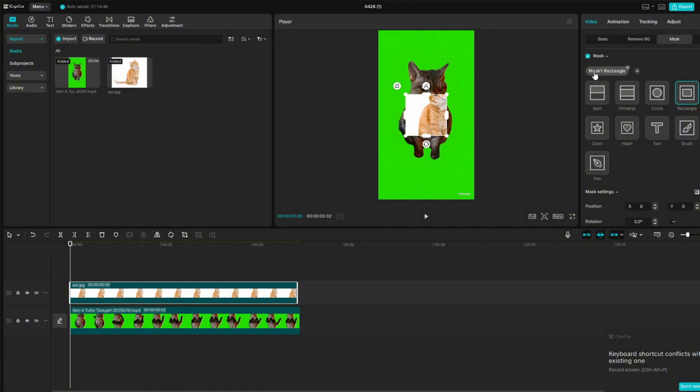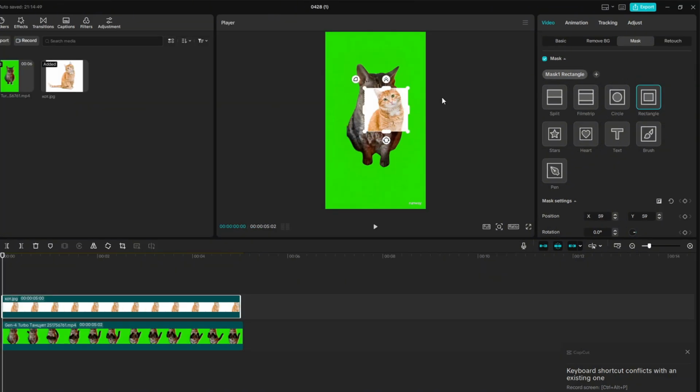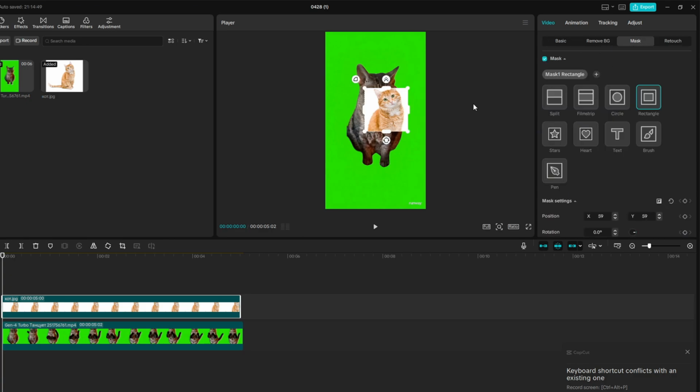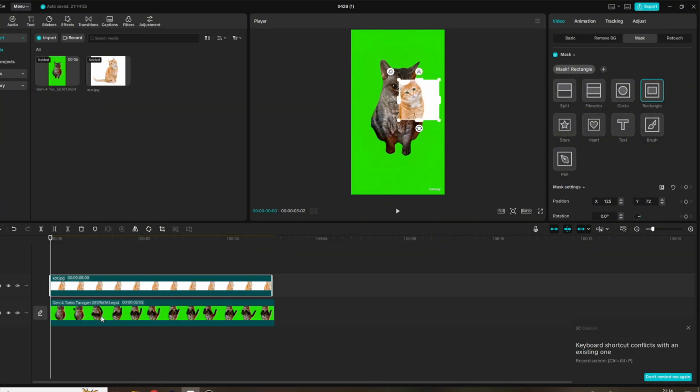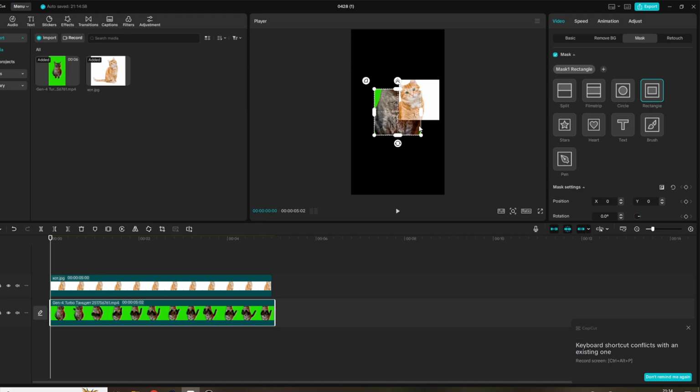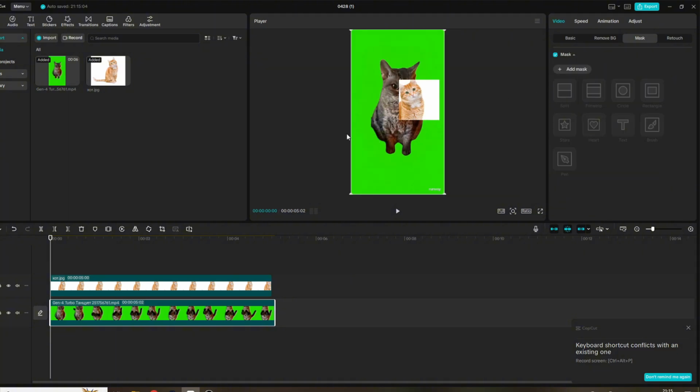Then on one of the videos, specifically the one positioned above the other, we apply the rectangle effect. To obtain it, we need to go to the video tab, and from basic we need to switch to mask, a bit in parallel. There we apply the rectangle effect, and this is the effect we get, as you can